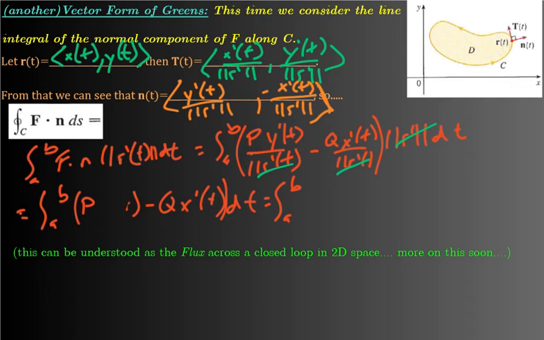So maybe I'll rewrite y prime for a second here. So we have dy dt, and then we're canceling the dt's. And I could do the same thing in here with x prime. And so what I then get is p dy minus q dx. And if you think about it in terms of Green's, you can do one last step and simplify this thing and get something actually that's meaningful